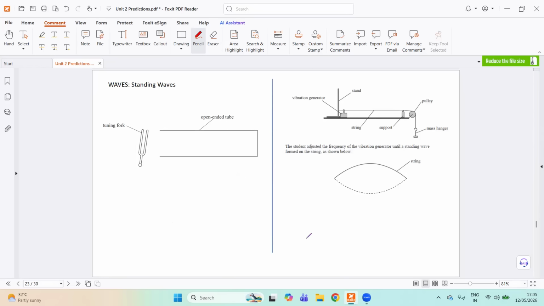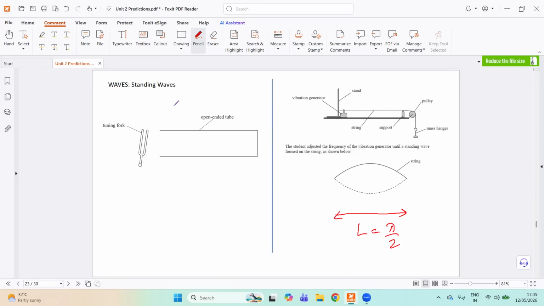This is way more common, standing waves. So you need to have a very clear idea about standing waves in wind instruments as well as in string instruments, or in closed-ended tubes in the more rudimentary sense, and in strings. Okay, so this pattern shows that the string is oscillating at f naught, and at f naught, the length is equal to, look at this shape, this is lambda by 2.